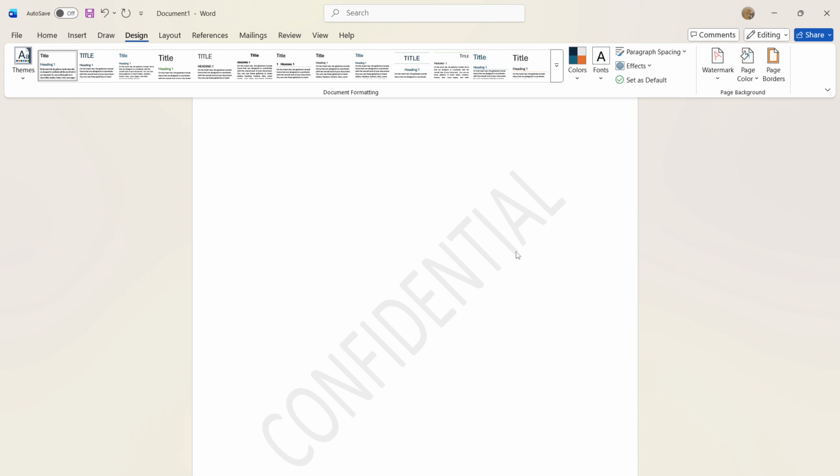Just remember that while watermarks are an excellent way to communicate additional information about your document, clear content should always remain the priority. And there you have it. You've successfully added a watermark to your Word document. Feel free to explore the other design options Word offers to give your documents a more polished and